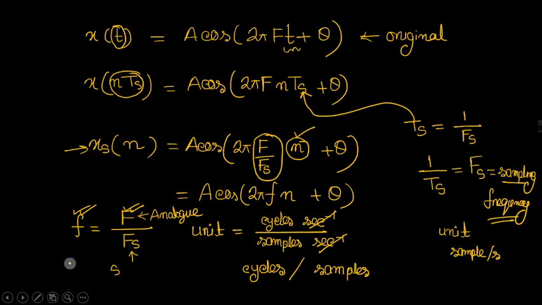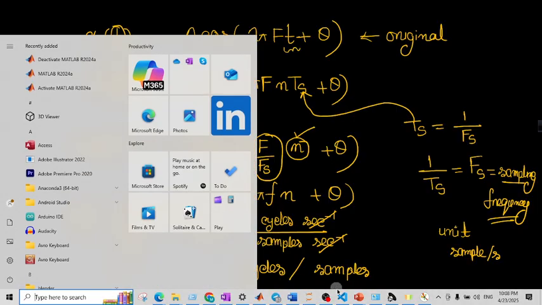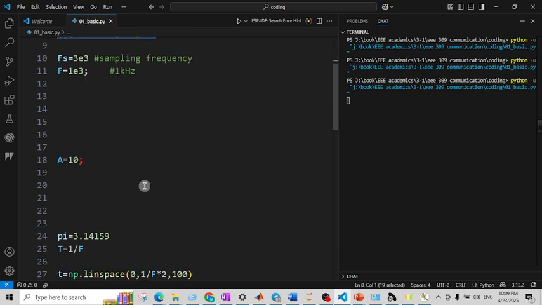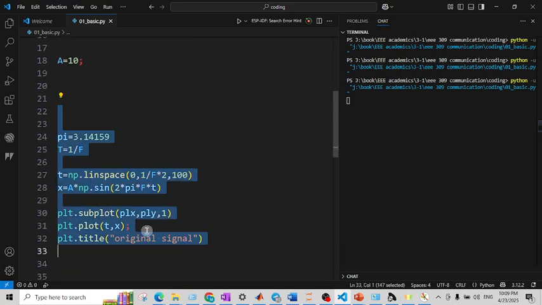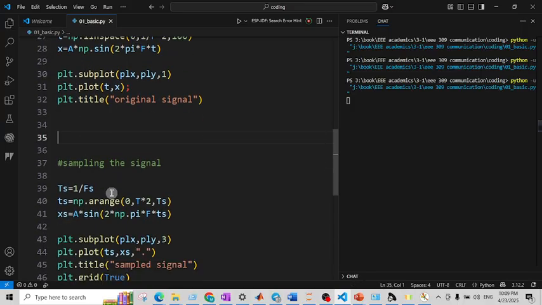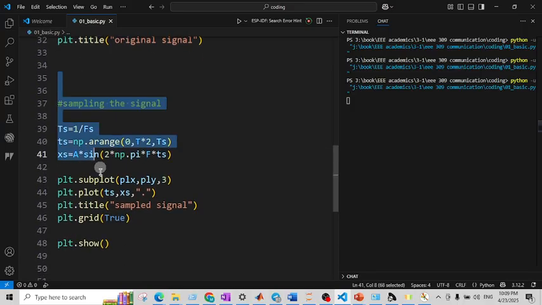Now let's go back to our Python code. Okay, so this is our Python code. It's a very easy code. You will get this in the description or in the comment section. So here first we have to generate a signal, and then plot this, and then we have sampled that signal, and then